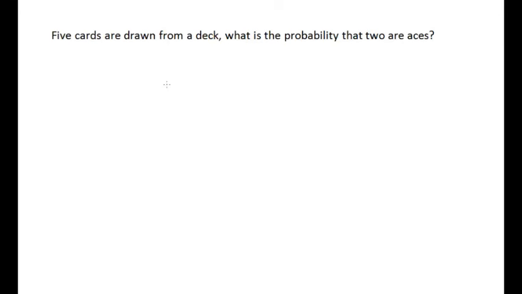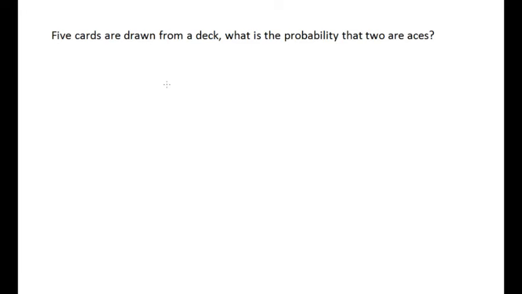In this video, we'll be looking at probabilities with combinations and permutations. So for our first example, 5 cards are drawn from a deck. What is the probability that 2 are aces? If we're choosing a group of items from a larger group of items and order does not matter, that's when